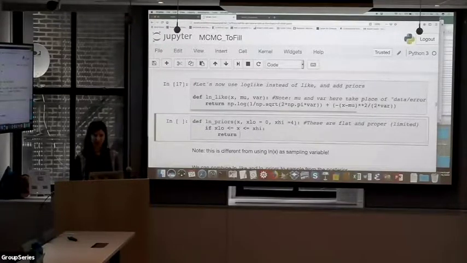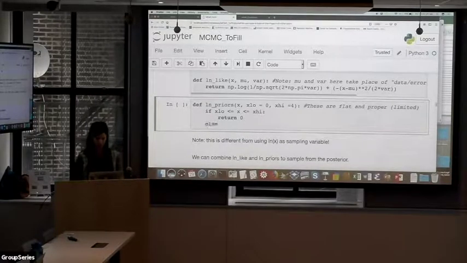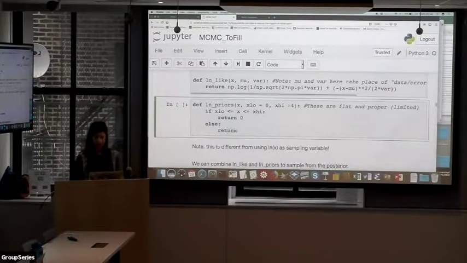Flat prior, if I'm within the prior range, what should this function return? 1, but it's a log, so 0. Otherwise, what's the log of 0? Negative infinity. Sad, but